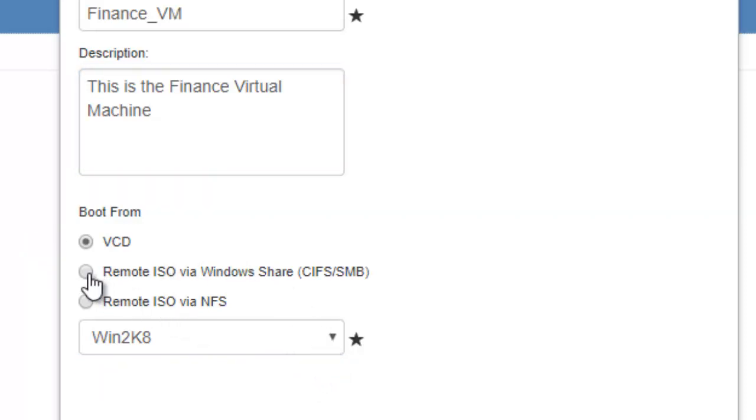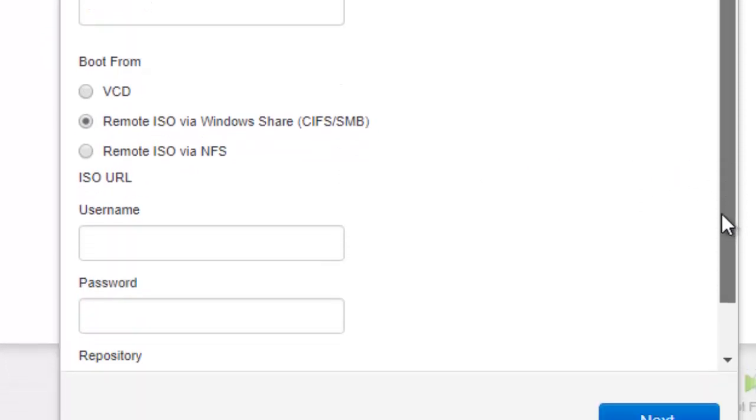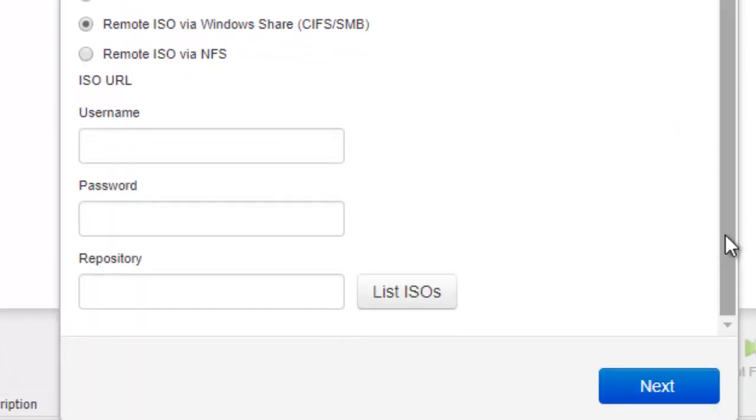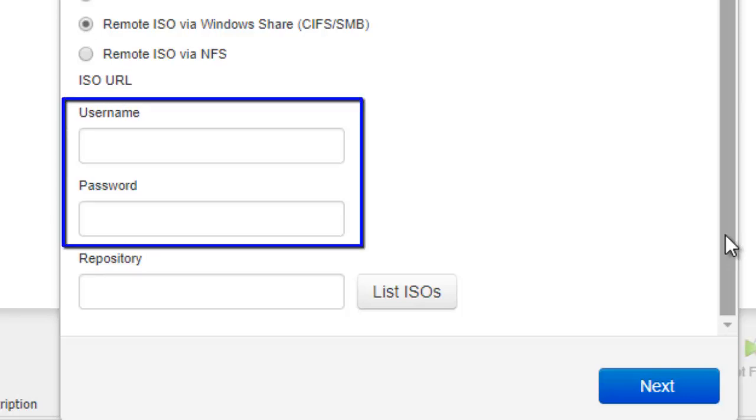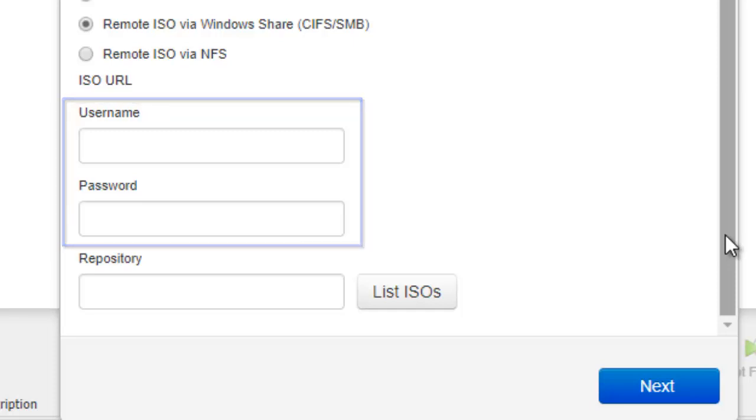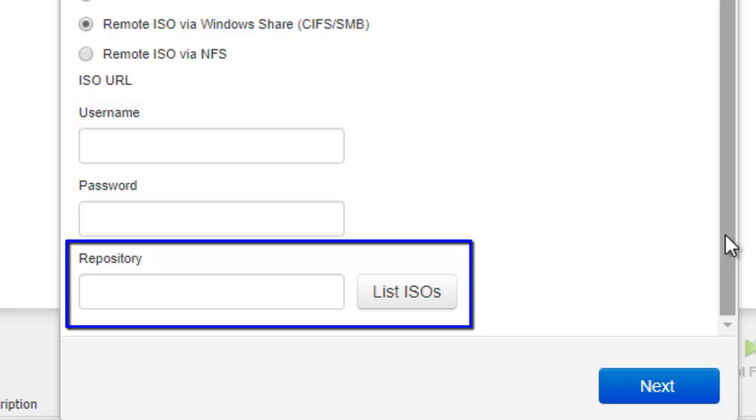Remote ISO via Windows Share, CIFS/SMB. The boot source is a remote ISO file on a shared network drive. You must enter values for username and password. For repository, enter a value in the format of